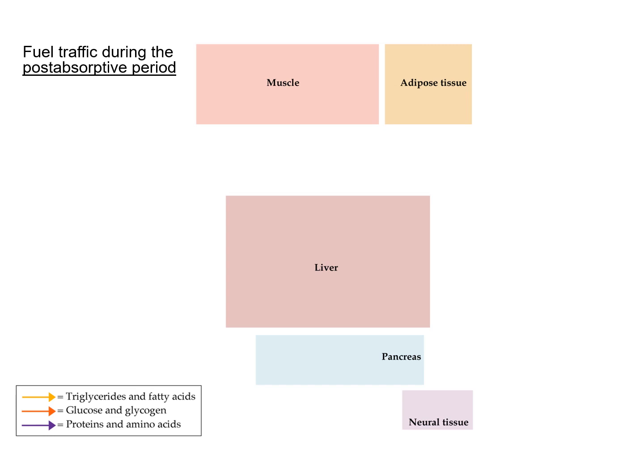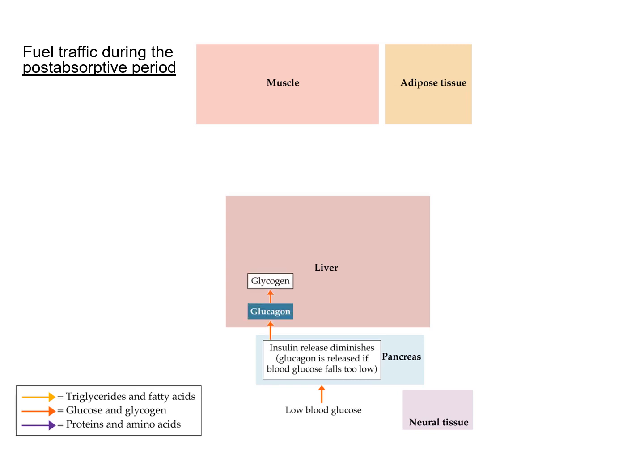In the post-absorptive period, you have different kinds of trafficking of molecules. Here, remember that the blood glucose level has dropped, and the person hasn't been eating for a little while at least, and you get a different kind of dynamic. A low blood glucose level will, of course, trigger the pancreas to produce glucagon, and glucagon will act on the liver to mobilize glucose from glycogen stores, and glucose will then go into the bloodstream